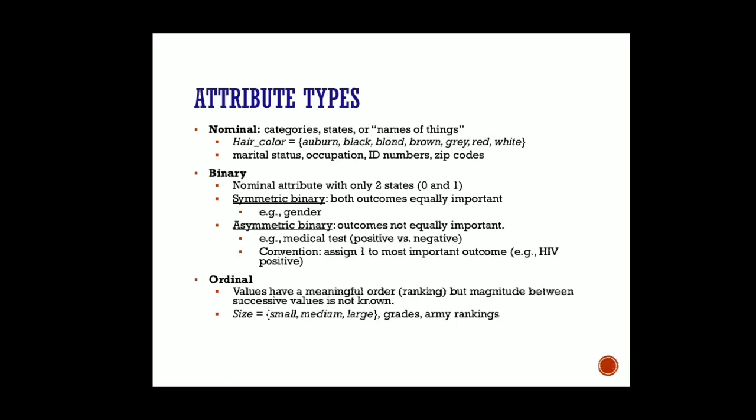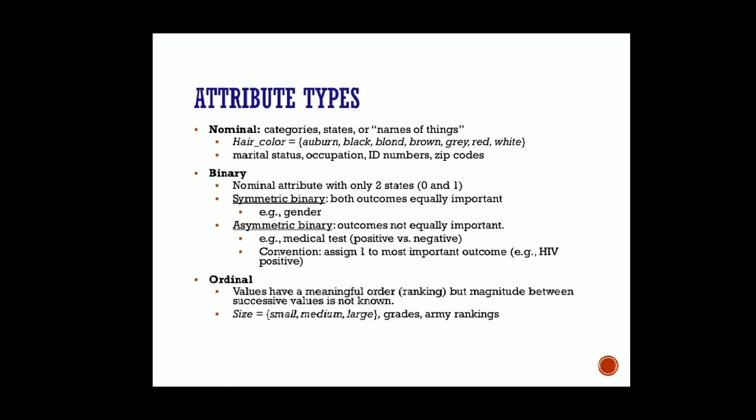Say here we are trying to map our gender attribute with the help of a binary attribute. We are just considering two genders, that is female and male. So here you can see symmetric binary attribute means both the cases are equally important. It is not that we will consider only the females, not the males. This is not the scenario, but both the outcomes are equally important.